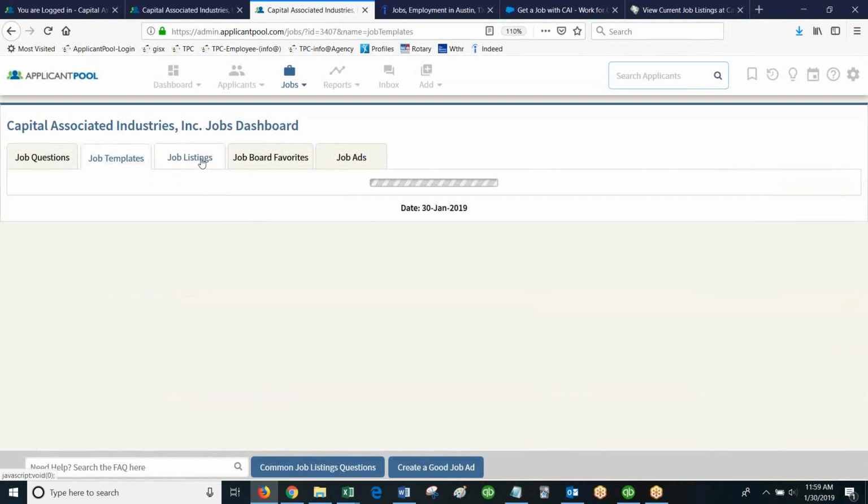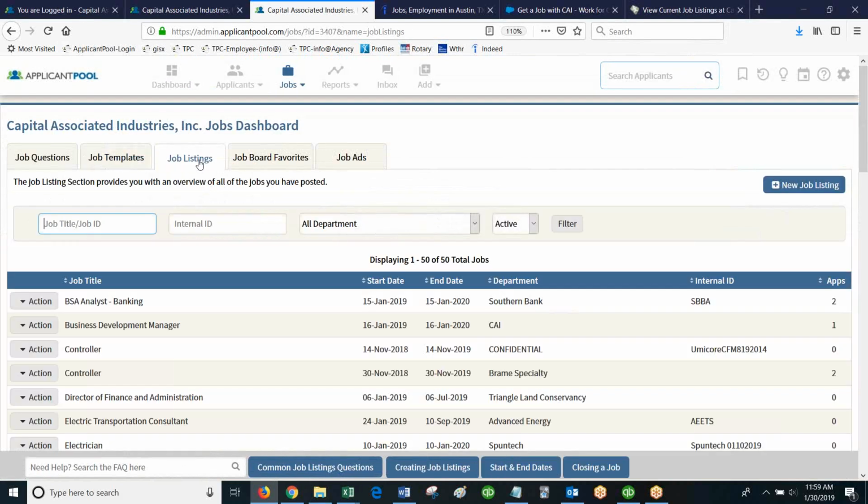So let's talk about job listings then. You can have as many job listings as you want using any job template. And particularly right now, you may have some job titles from my applicants that you want to go back to. You don't find them among your templates, but you want to use something from my applicants. We didn't want to clutter up your site with a lot of listings that you wouldn't necessarily want. So on job listings,